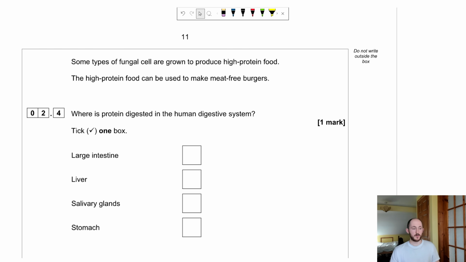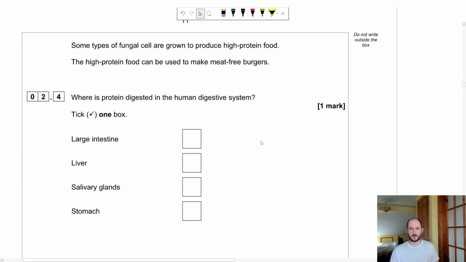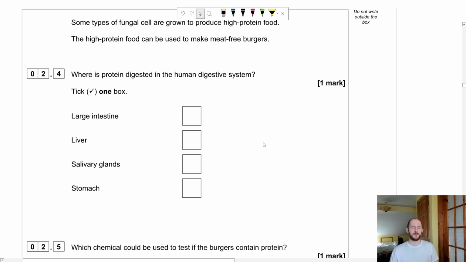Some types of fungal cell are grown to produce high protein food. Very true. The high protein food can be used to make meat-free burgers. Where is protein digested in the human digestive system? Tick 1 box. Cool. Well, again, probably the best way to do this is to label a human digestive system